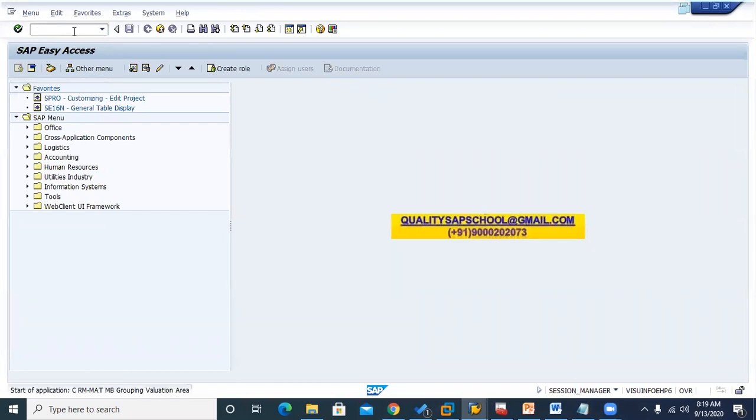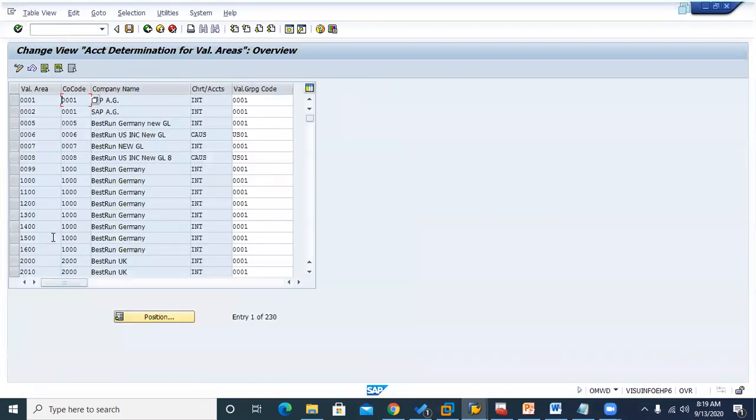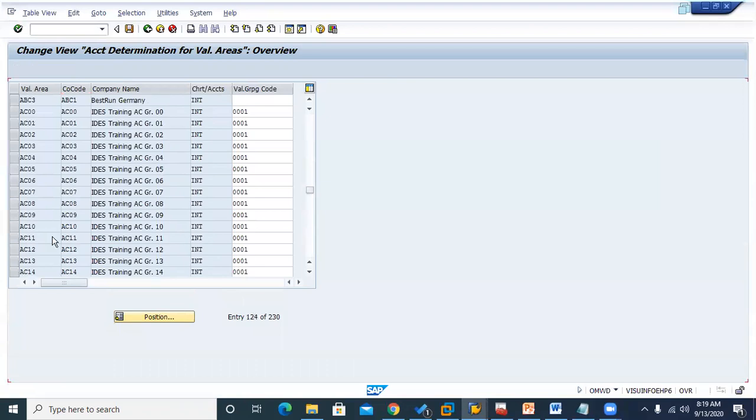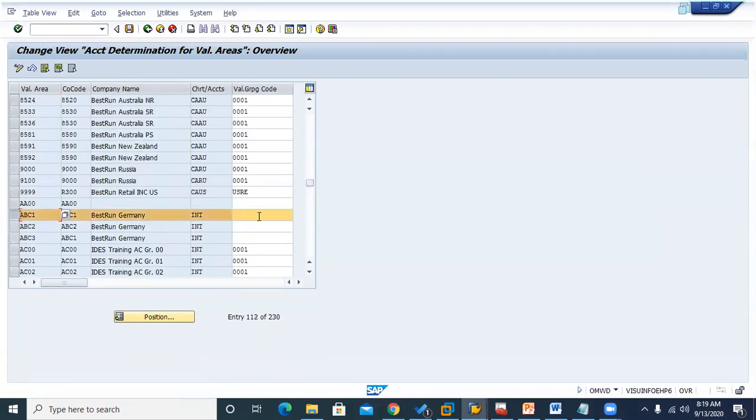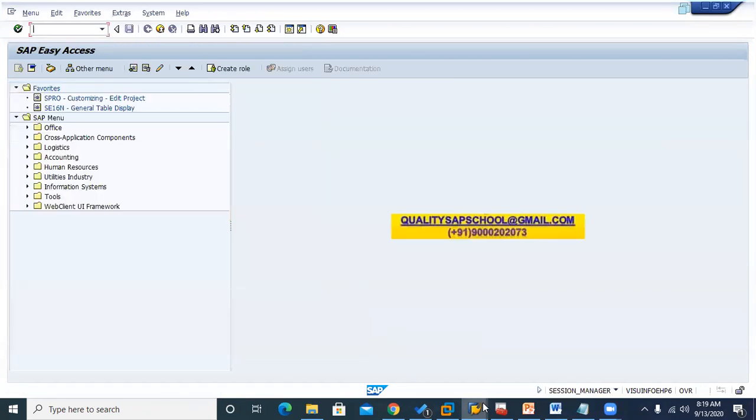OMWD. Here my plant is ABC1. For ABC1, I have not assigned anything. This is the witness, so nothing is there. That's why I have to choose blank in that place.